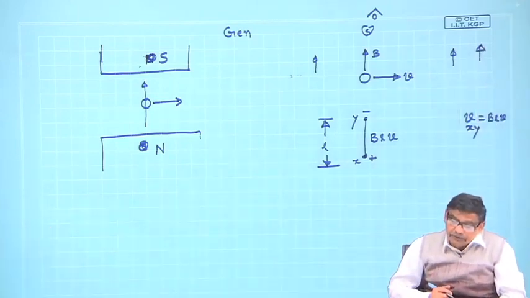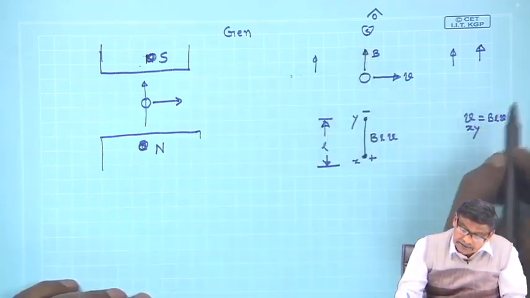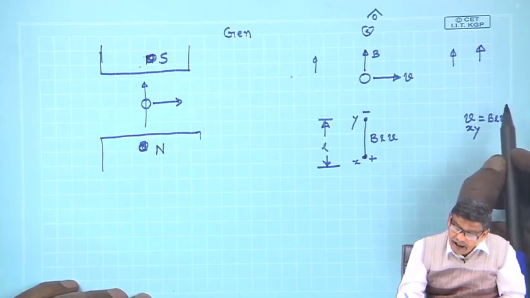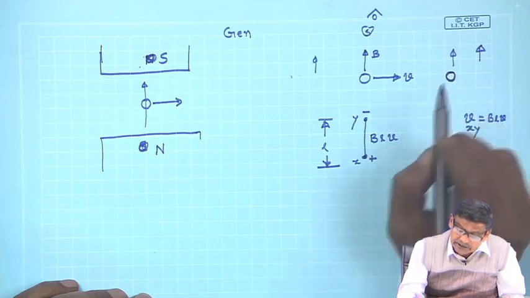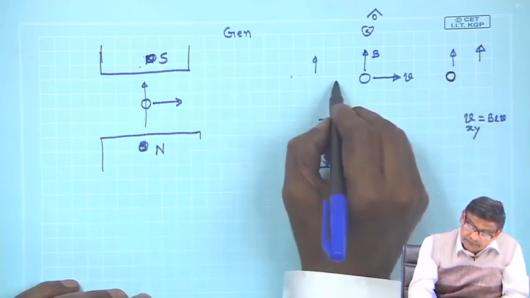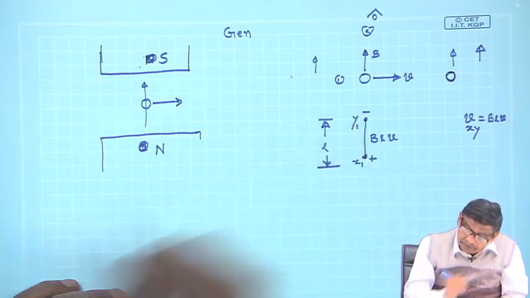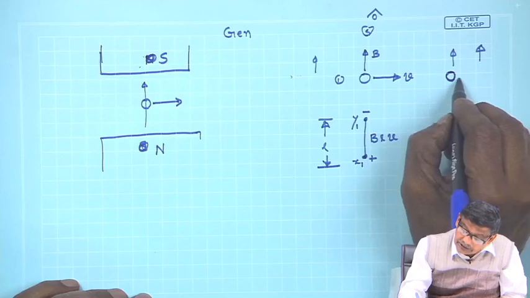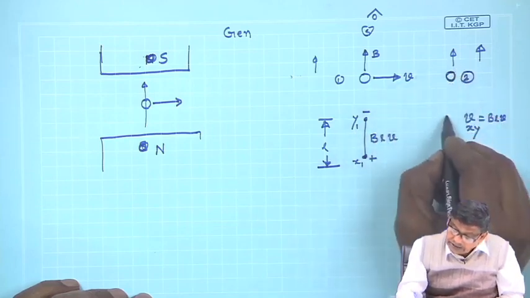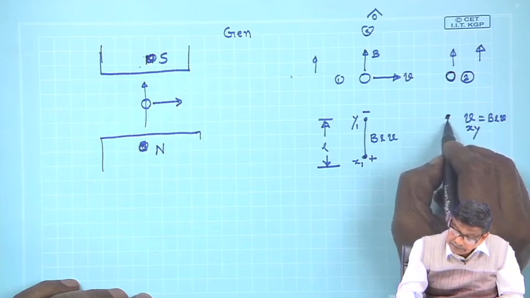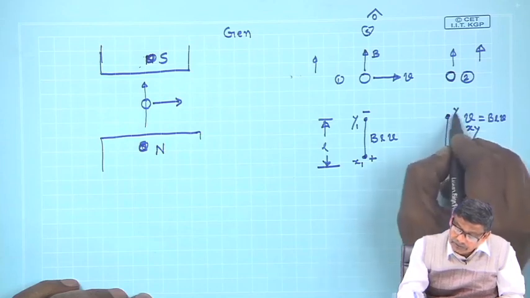Now, suppose this B, it is doing like this. I have another conductor. You listen carefully, this is conductor 1. Let its terminal be x1 y1, and there is another conductor 2, of identical length, whose terminal is x2 y2,